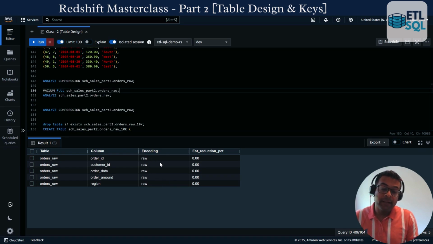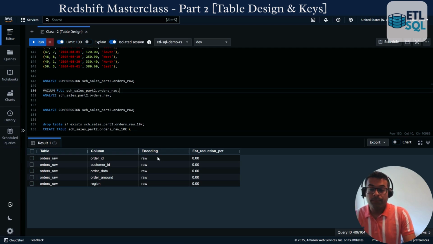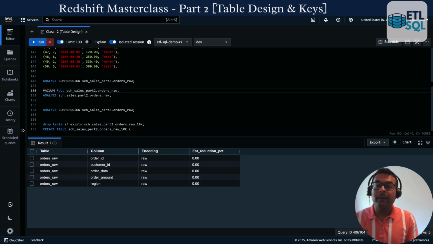I will not run it as of now. Why am I not getting any suggestion? There can be a few reasons. The table information is not clearly available to the optimizer, so it doesn't know how much data is there in the table. It could be that the optimizer still thinks that the table is empty, so there is no requirement for it. So you can run analyze and vacuum,